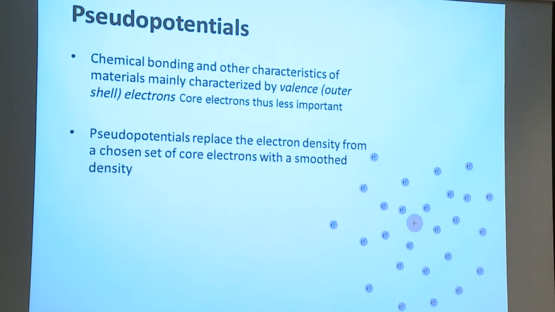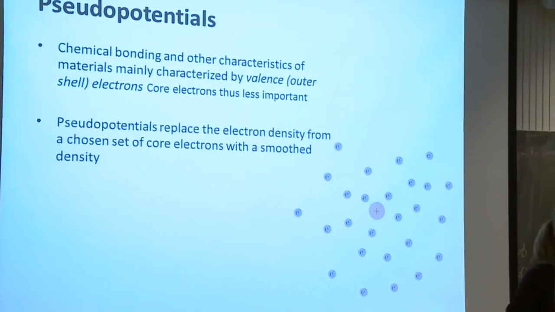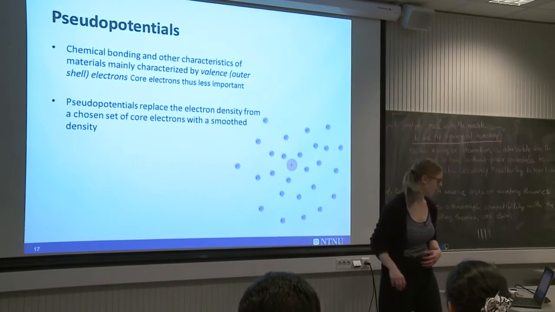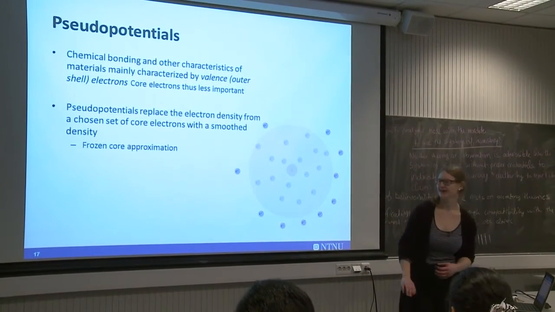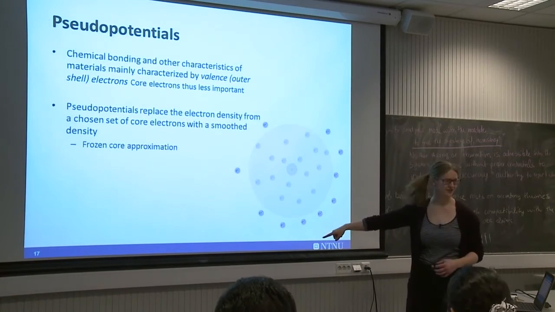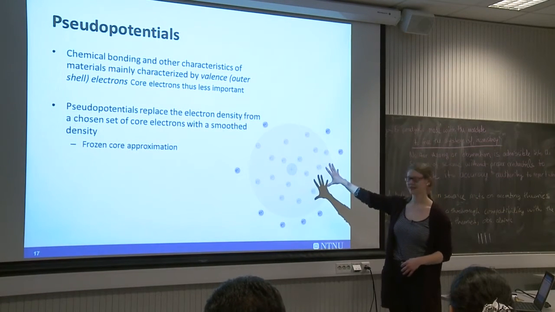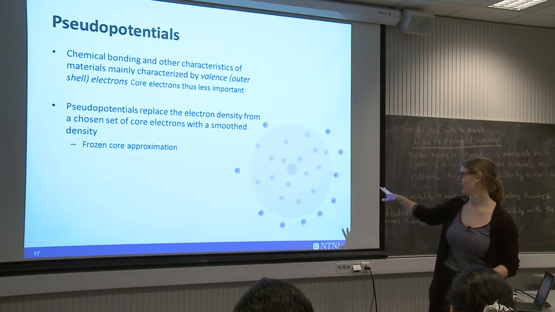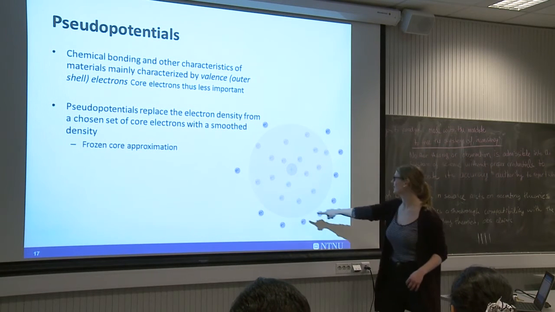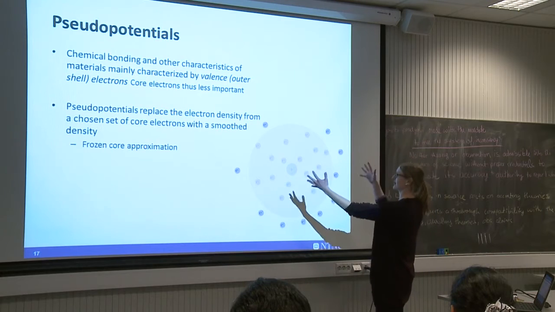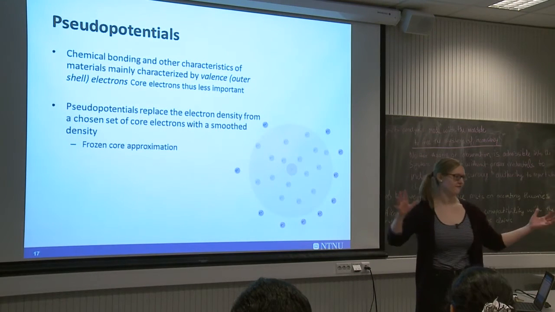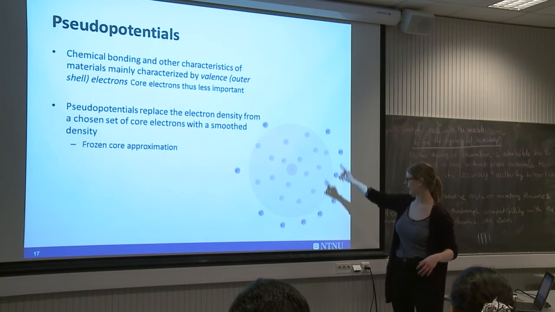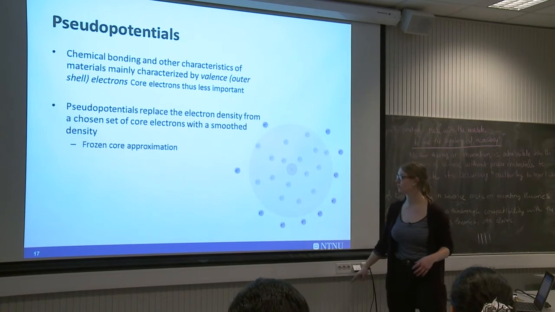Instead of considering all electrons when we minimize our energy, let's only consider the outer electrons and just freeze in the inner electrons. That makes calculations so much easier, because the inner electrons are now in some effective positive potential,